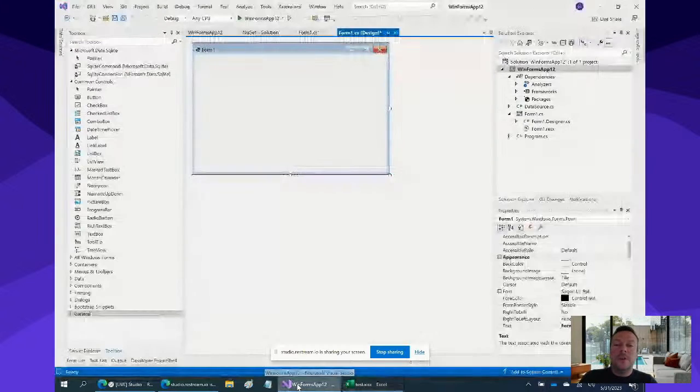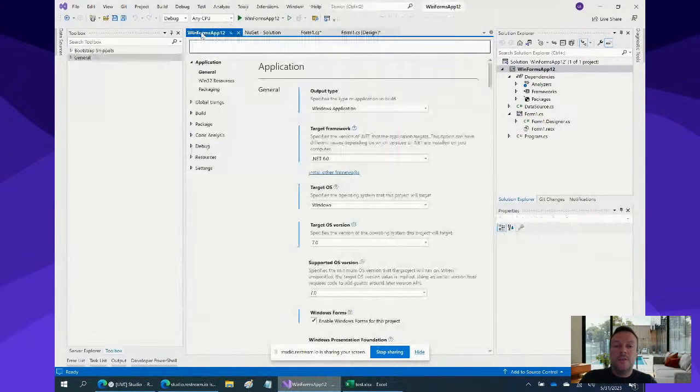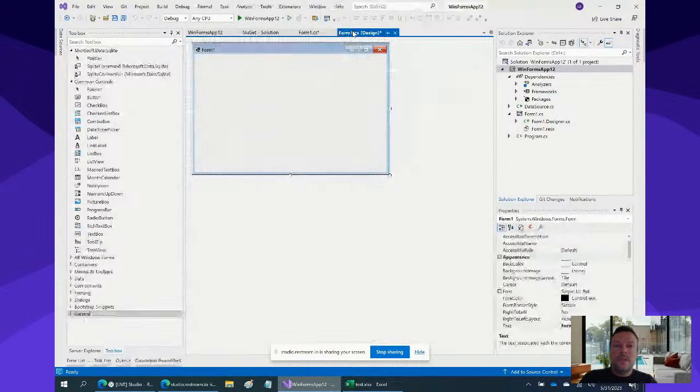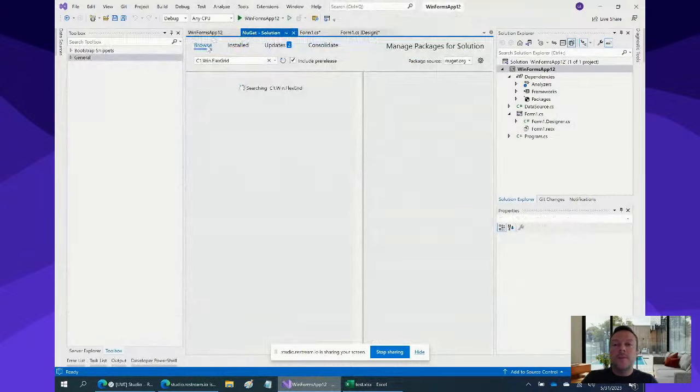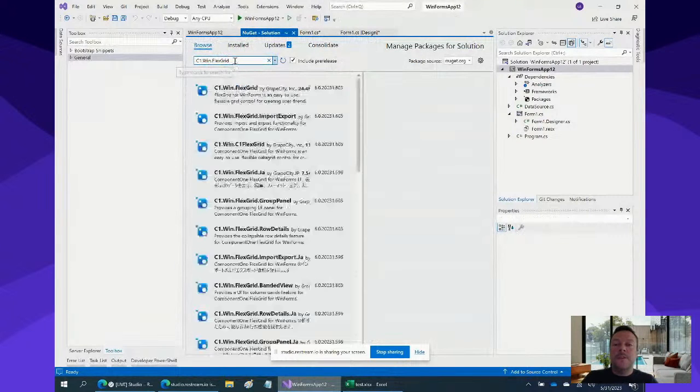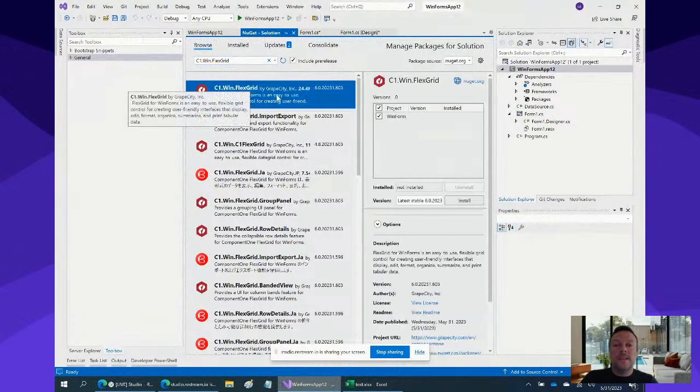So what I'm going to do is jump over to Visual Studio and we're going to show how to implement this in a .NET data grid. So here I have a .NET 6 application using Windows Forms. And I'm going to be using the ComponentOne FlexGrid control. To add it, I'm going to go to my NuGet package manager and browse for the c1.win.flexgrid package. And since I'm using a .NET 6 application here, I'm going to select the 6.0 version and install